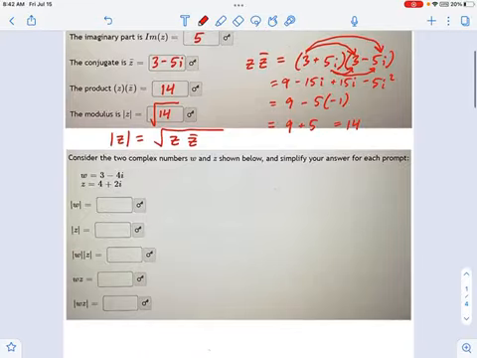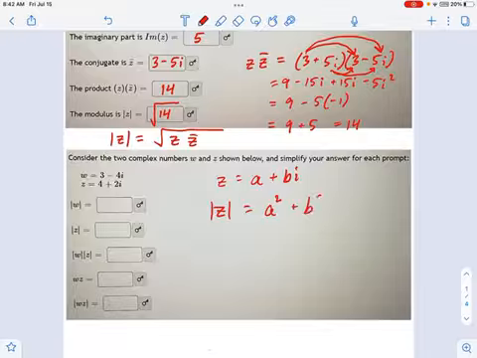And now you see in this lower part, we're just going to be doing some practice with calculating the modulus. If you want to zip forward, you don't have to do that difference of squares every time. You can do it a little quicker than that. If I have some complex number a plus bi, then the modulus of that complex number is simply the square root of a squared plus b squared. There's a little formula for you. If you prefer to go by the difference of squares, that's fine. You'll end up in the same place. But I can use this formula to pretty quickly do some examples.